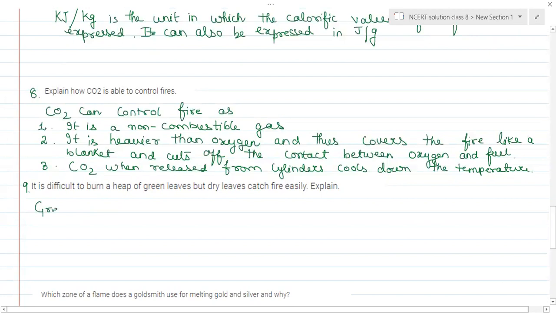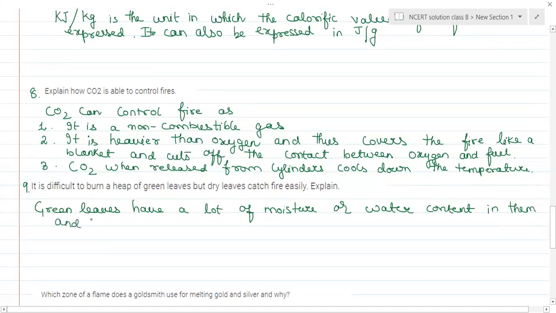Green leaves have a lot of moisture or water content in them